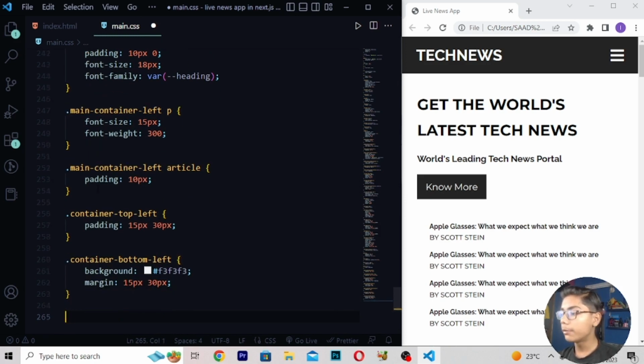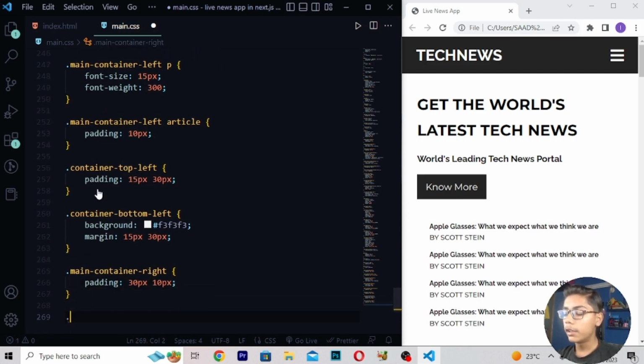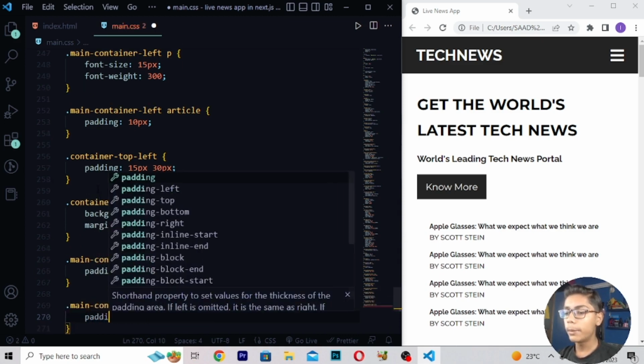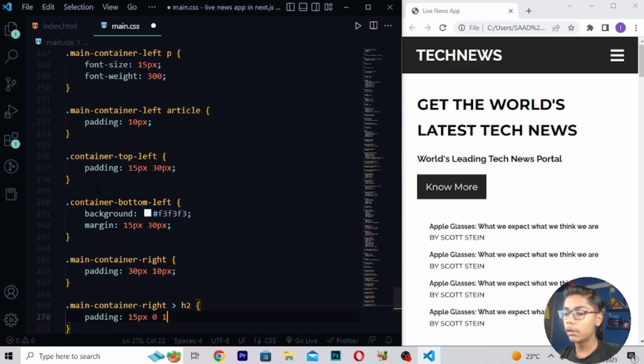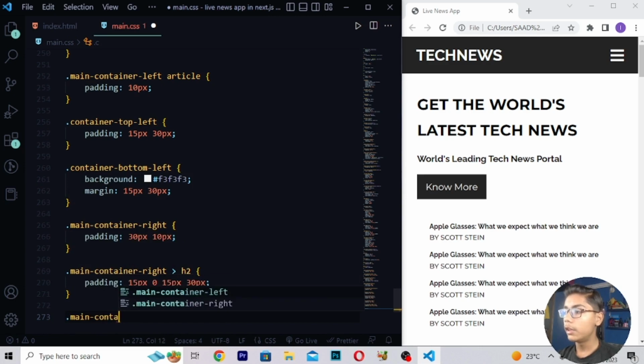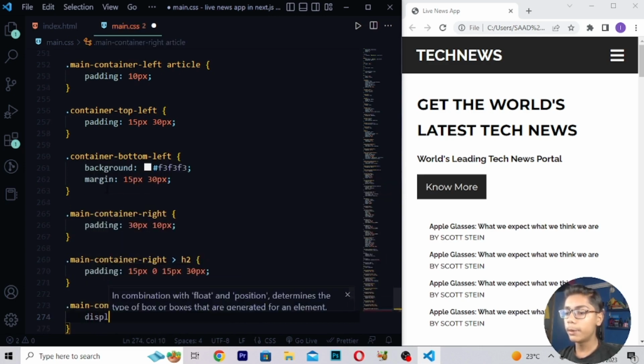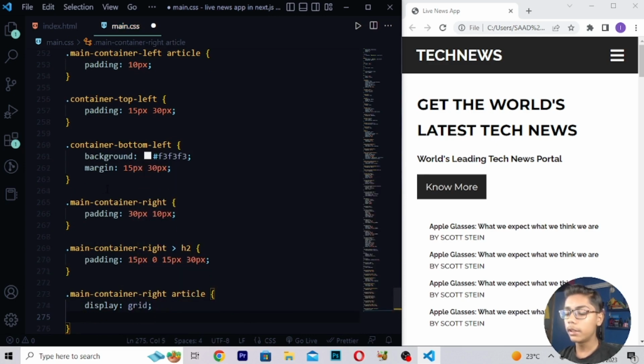Here you have to move down after this. Then after moving down, you have to write dot main-container, padding, and after writing this padding, 30 pixel, 10 pixel. Then main-container, h2 tag, padding, which should be 15 pixel, 0, 15 pixel, 30 pixel. Here I will be writing main-container, and then article, display grid, then grid,